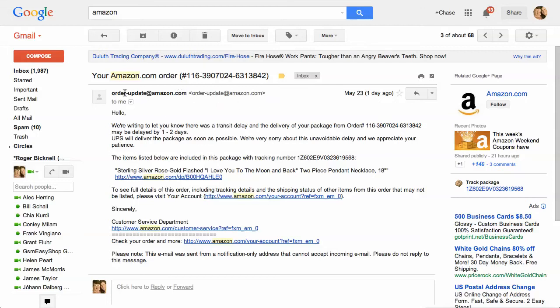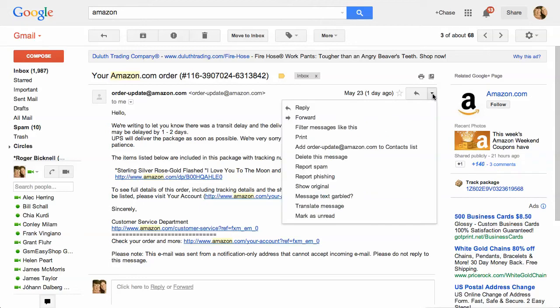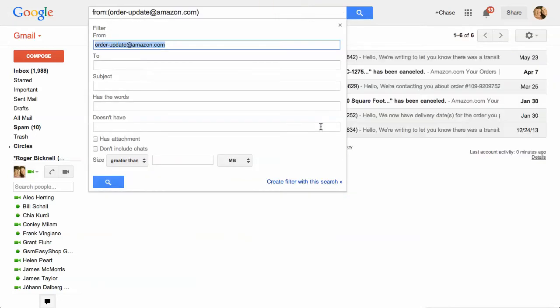So you're looking at the email, and you're like, you know what, I get a lot of orders, or I just want to organize the orders I get from Amazon. And so just go to the drop-down arrow right here, and then choose filter messages like this. And then Gmail will put in,